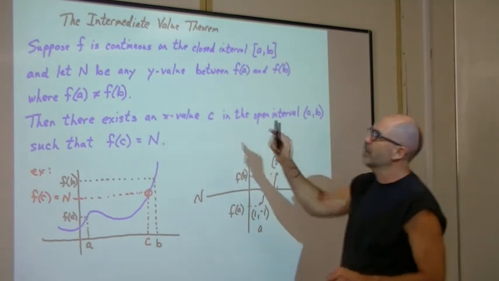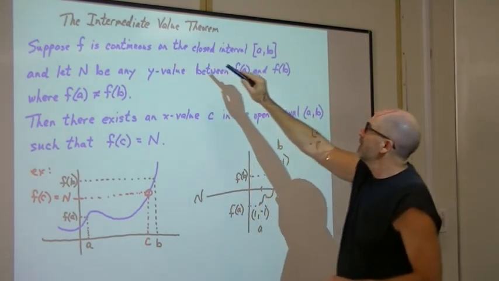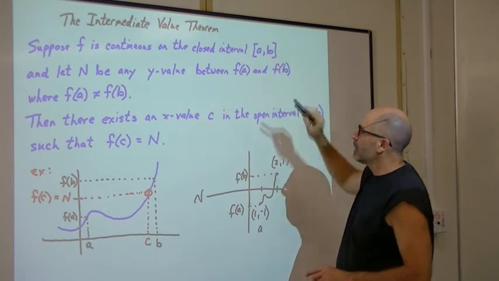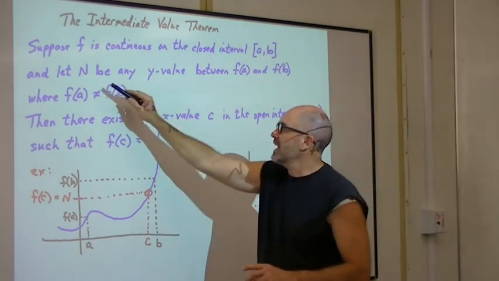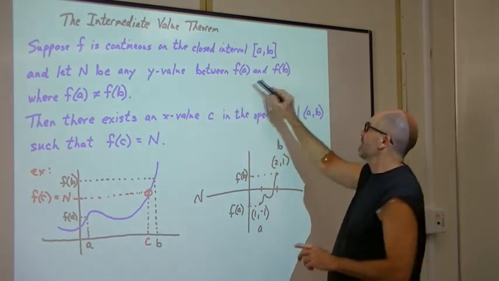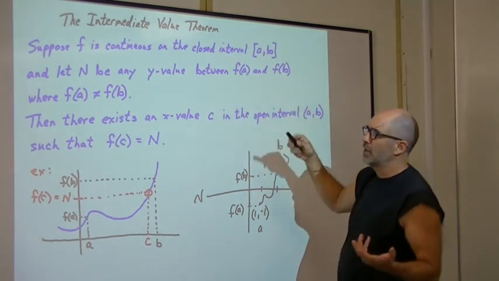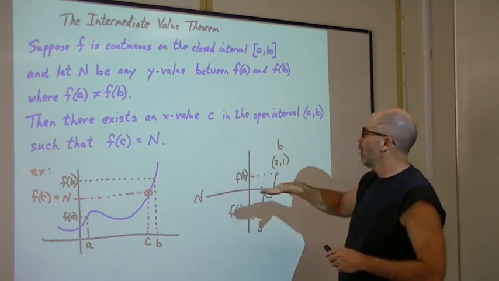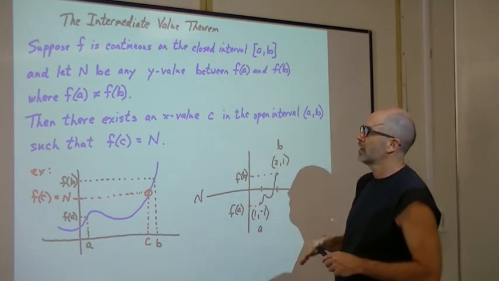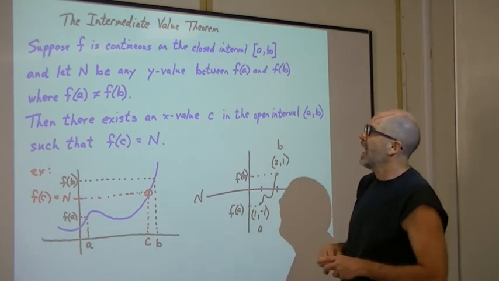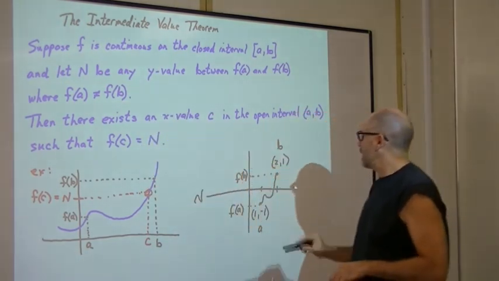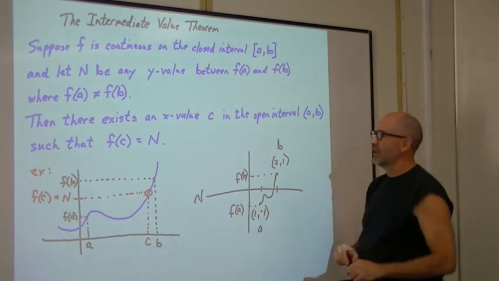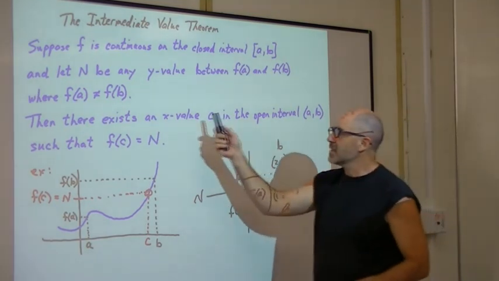Let's check it out one more time. Suppose f is a continuous function on the closed interval from a to b. And let n be any y value in between f of a and f of b, which, like we said, is a lot of times where y equals 0, because we're looking for zeros. And f of a cannot equal f of b, because it's got to travel upward or downward. Then there has to be